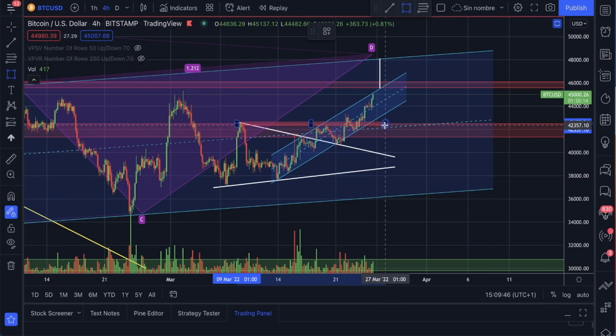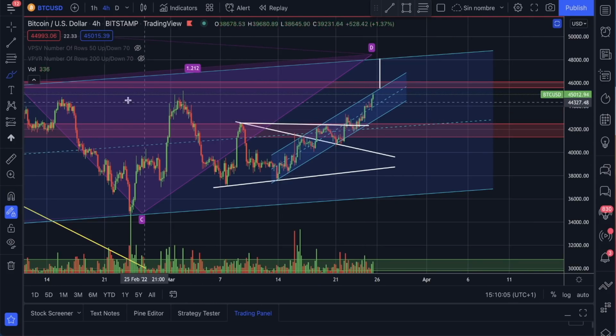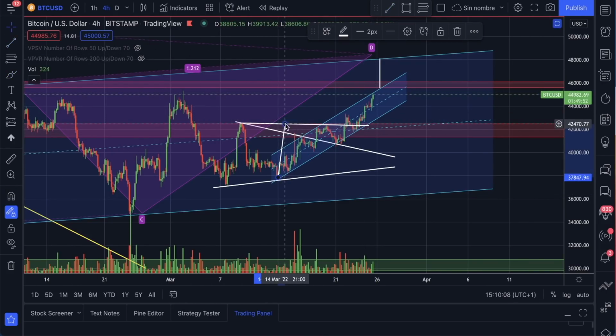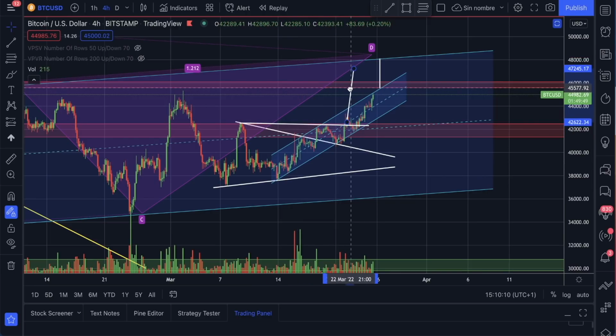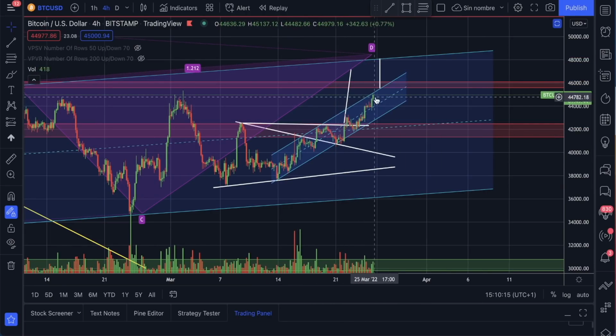We were also talking about this cup and handle, right? I'm not sure if you guys can see it, where we did have this spike over here, this peak over here, this peak over here, and you can clearly see that you do have a nice round formation over here, creating the handle, breaking resistance, getting supported from this neckline, and now continuing to the upside. The target should take you to roughly that $48,000 range, roughly 47, actually, $47,000 would be the technical target. So everything points out that we should be having that leg up in the next coming days,